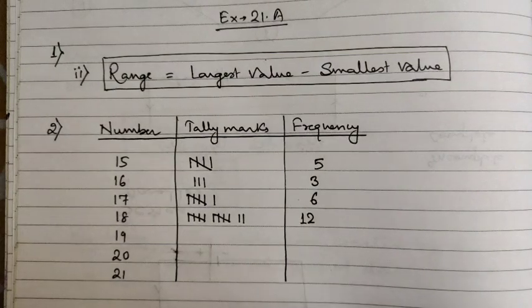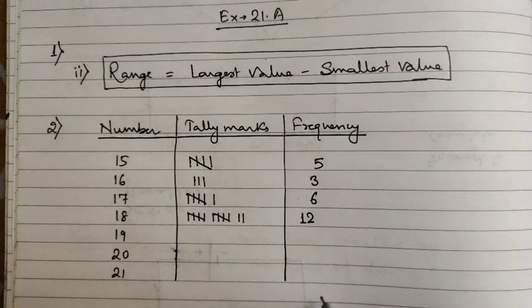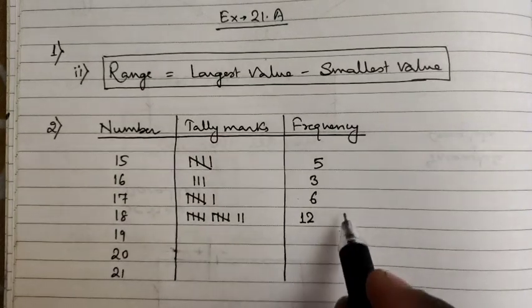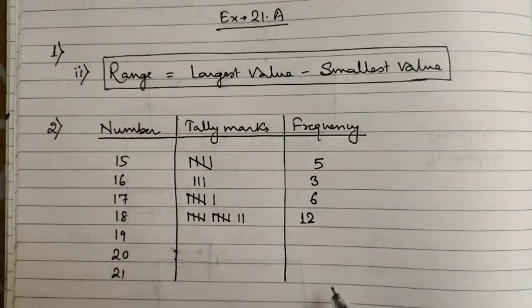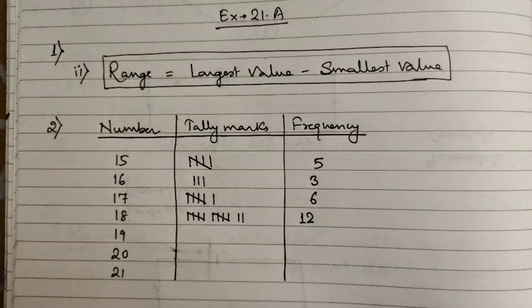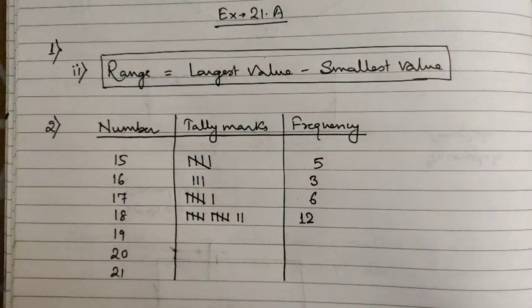Second, for how many students have marks equal to or more than 70, it means how many are getting 70 or more than 70. You have to add those frequencies. How many students obtained marks below 40? For below 40, you have to calculate those frequencies. Similarly, question number 6 you have to solve on your own because all the questions are very easy.